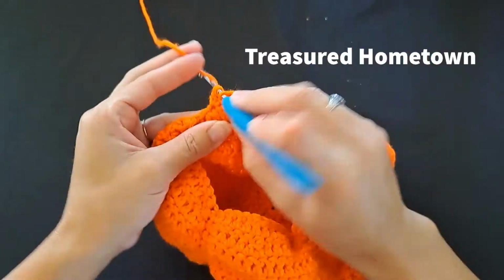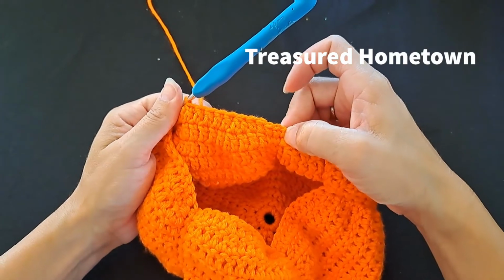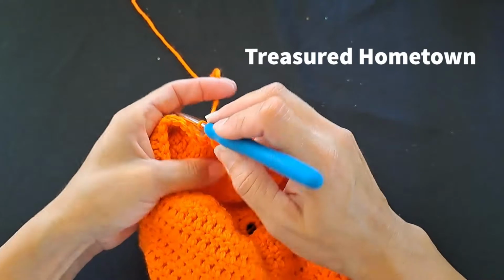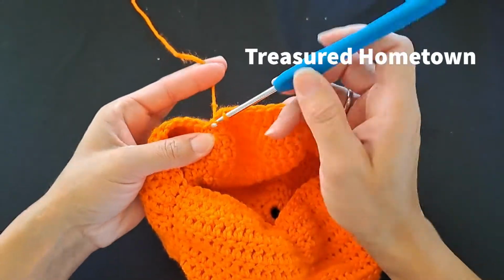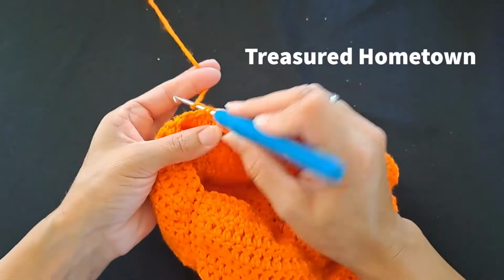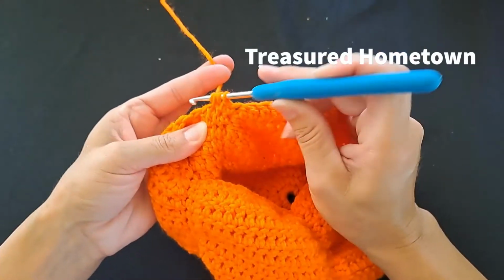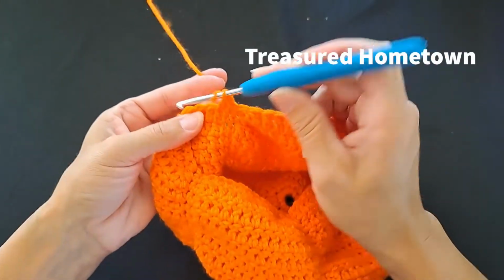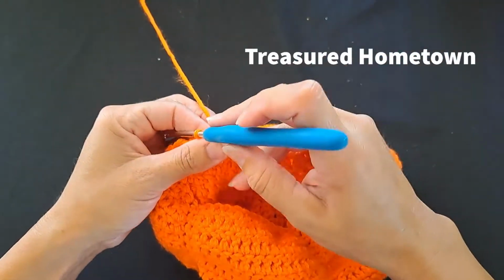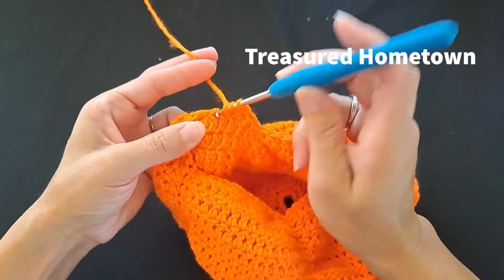And double crochet, decrease. And we just want to repeat that 4 more times. I'll do one more of the repeats here with you. So we single crochet once into the next 2 stitches, and then we double crochet once into the next 2 stitches, and then we double crochet, decrease,